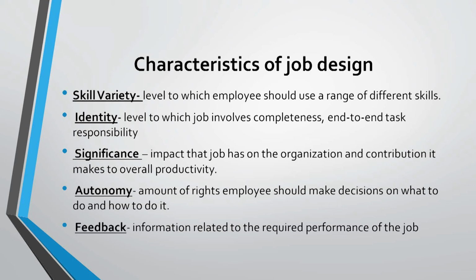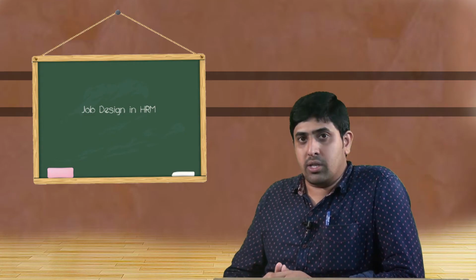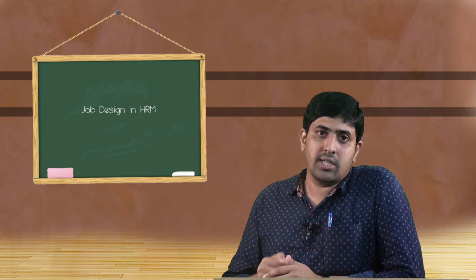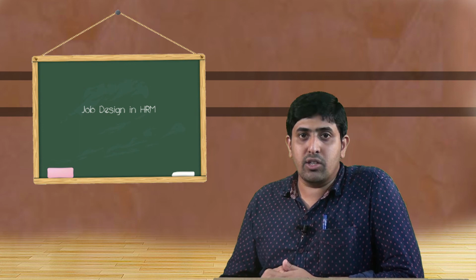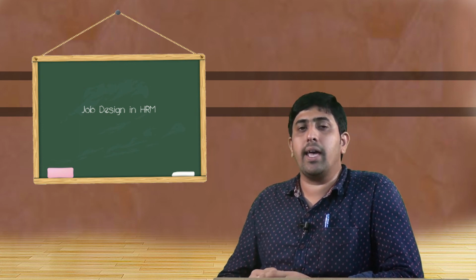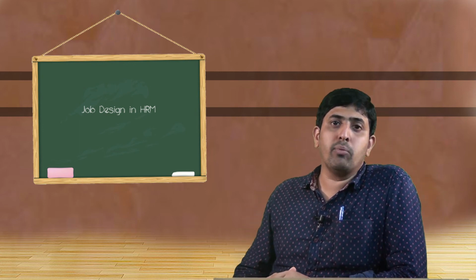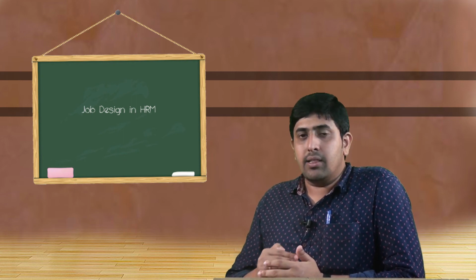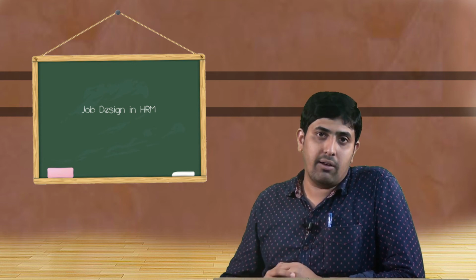And feedback, the most important process of the job, that is getting the feedback either from the employees, from the supervisor, from the higher authorities, or else from the customers regarding the satisfaction with the product or services. That comes under the aspect of marketing. Anyhow, now the important priority is getting the feedback about the employees from their superiors. The superior is the one who can analyze whether the employee has performed to his extent or not. If the employee has not performed to his extent, then the employee's performance level has to be increased.